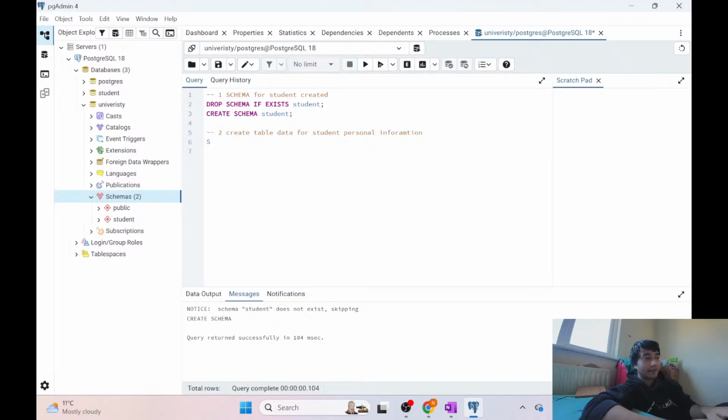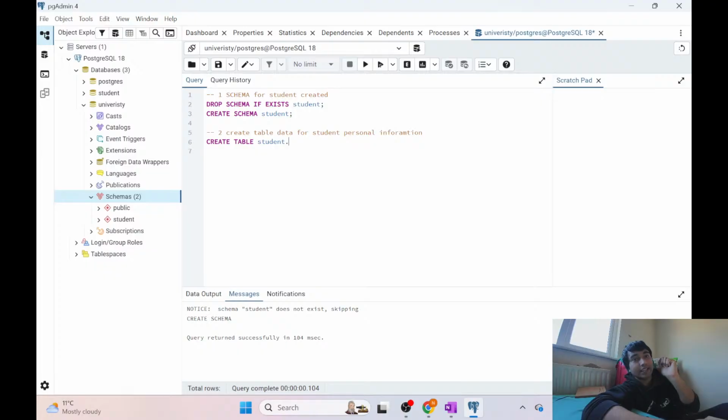So we will write create table. Now this is the database, right? We are connected with the database, and a database is a collection of schemas. That means if I'm not defining which schema, which floor, I want to create it in, it will by default go to the public schema. So I want to specify that you need to go to the student schema, then create, dot,